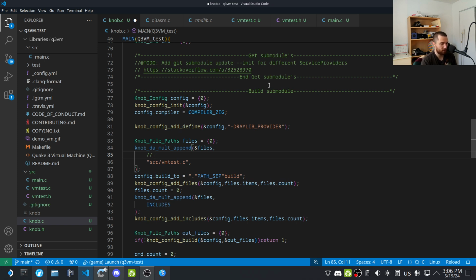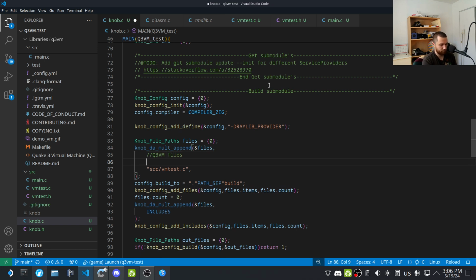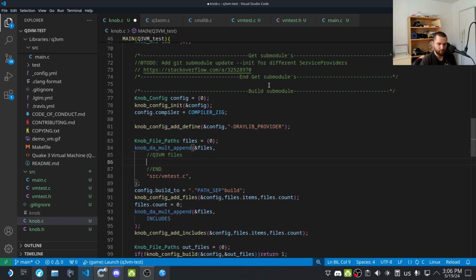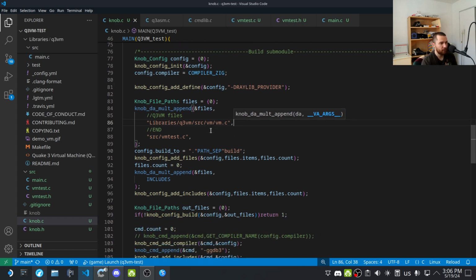So let's call it Q3 VM files, end. And then we're also going to add VM.c. That basically adds the file for compilation. In the includes,